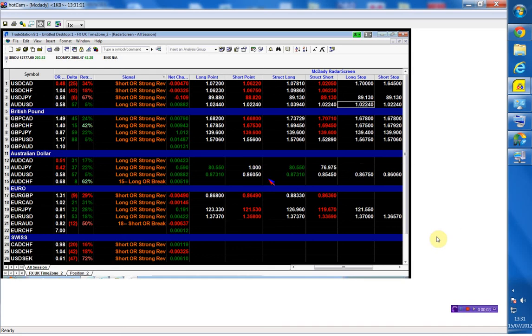The Aussie dollar, we are looking now, we're going to look at the other pairs that are on the sell side. The other pairs that are on the sell side are the yen and the Swiss. So let's take the Aussie yen. And as you recall from last week, our buying point was the 80.55,